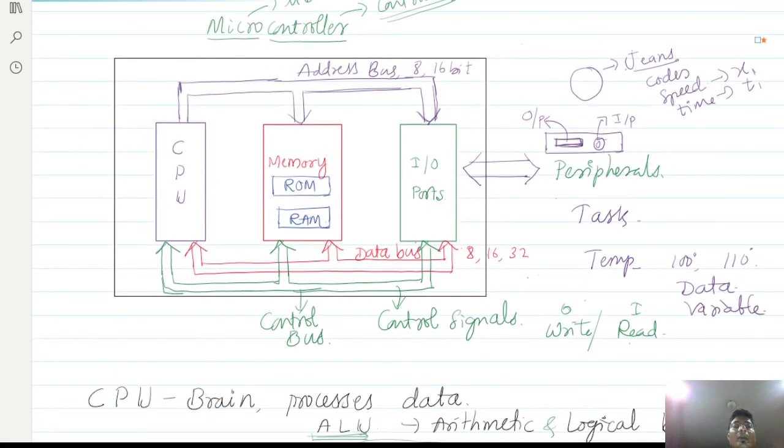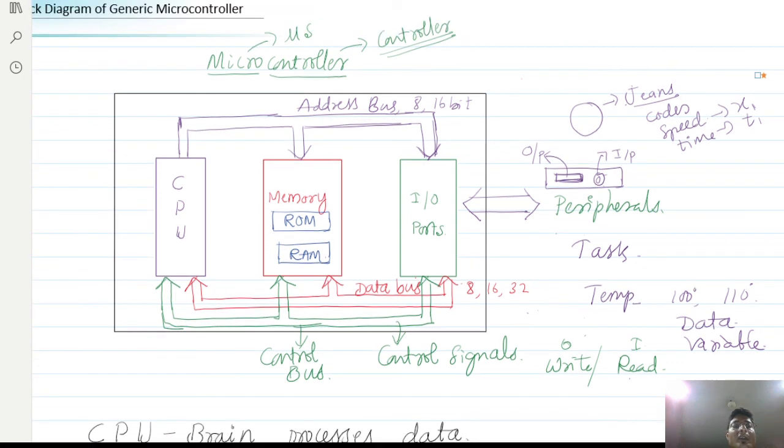I hope you are able to understand the basic block diagram of a microcontroller. So that is it in this